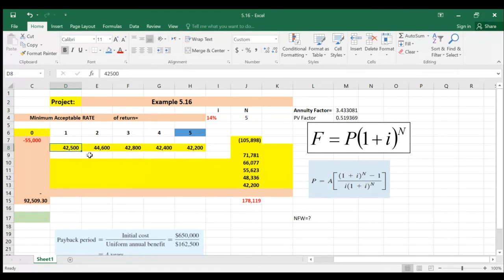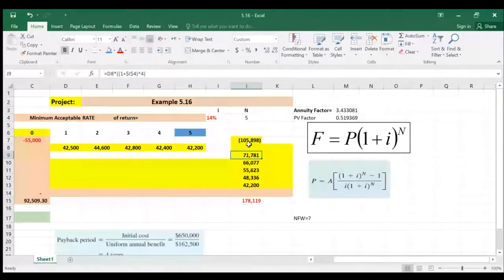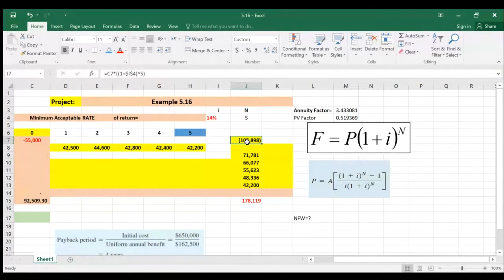Until here. So it means including this year, end of year 1, year 2, year 3, year 4 and year 5. So you are going to have a 5 year, for this one you are going to use N as 4, for this one because it was in year 0, so end of 5. And understand, right? N is 5, here N is 4, 3, 2, 1 and N is 0 because you are in the same year, year 5. So 42,200, that's why you have same amount here and here. Okay, so then you calculate this amount, which is,